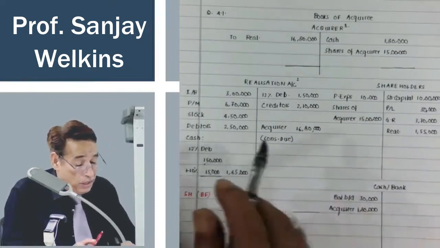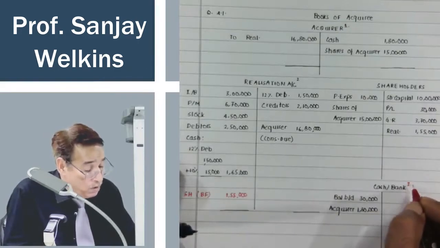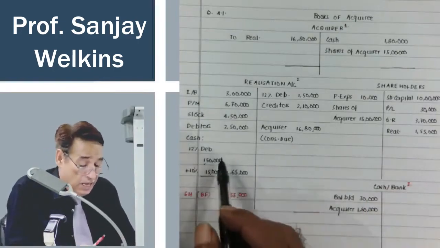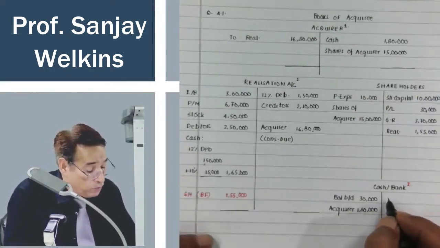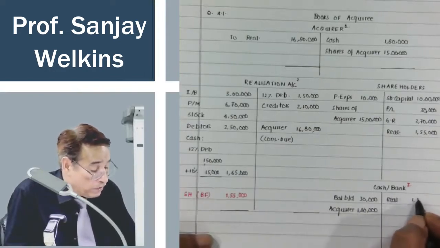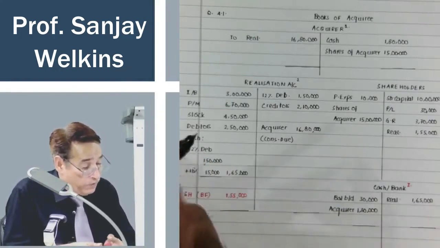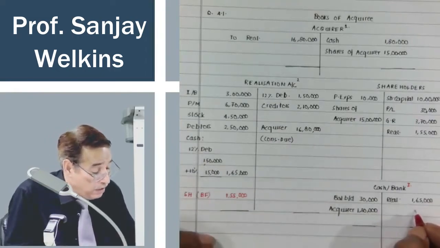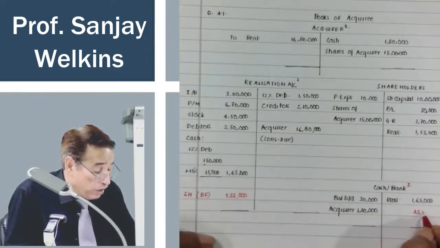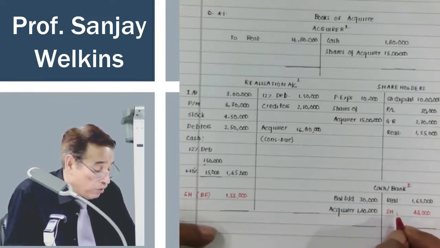After the realization account, you will have to tally the cash bank account. Correct? But before I tally, I have written here to cash and I haven't done the cross posting of the same. So first let me write it by realization 1,65,000. Now whatever balance is there, 2,10,000 minus 1,65,000, so 45,000 is the balance. And I just told you that whatever balance will be there in the cash bank account, that will be transferred to the shareholders account.